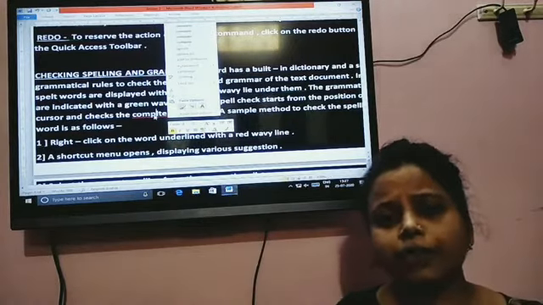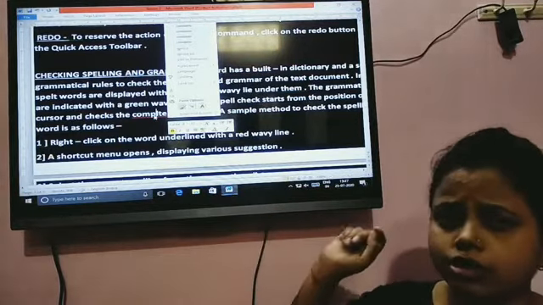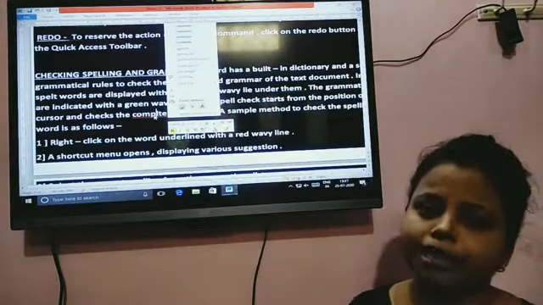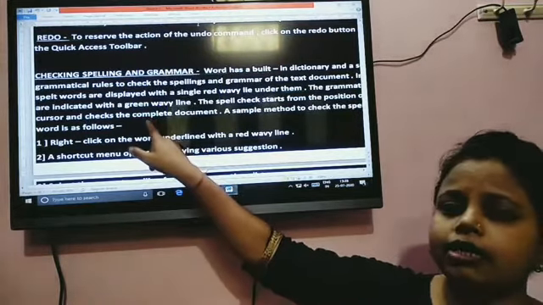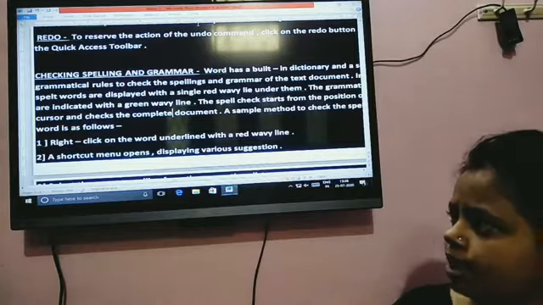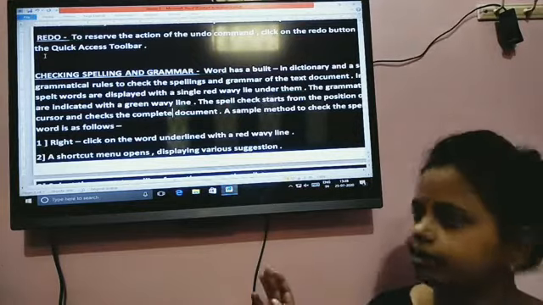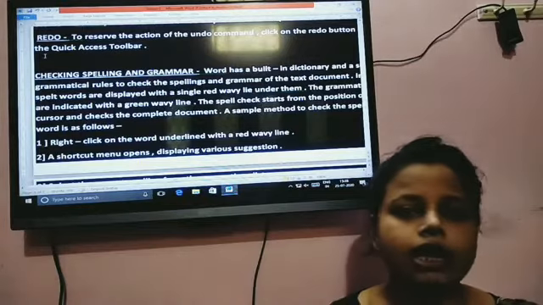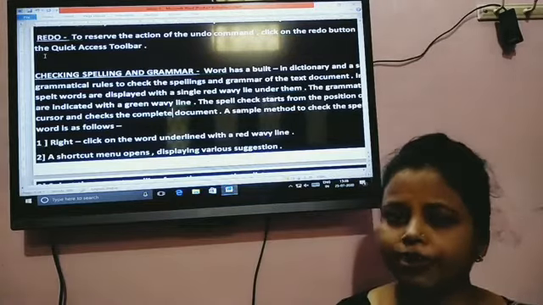So when you click on that particular word using the right button of the mouse, it will give you suggestions. You can use this spelling in place of the wrong spelling. First one, when I select it, see, the red underline is not here. So right click on a red underline word or green underline word, and it will give you suggestions and the perfect word.